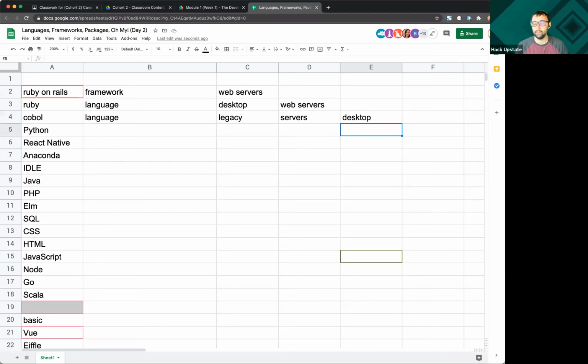And what I mean by desktop is think about Slack, right? Slack is this huge thing to think about, but when you start breaking it down into components, well, Slack must have some web servers, right? Somewhere. I can go to slack.com and start sending messages. They've got to have a database somewhere. So they've got to be using some database server. And they also have a mobile app, and they also have a desktop app, and they have a web app. And we're actually going to go through this list and find what they're using for all of those different things. So a company isn't picking one row on this, right? They're going to kind of cherry pick based off of these different categories.